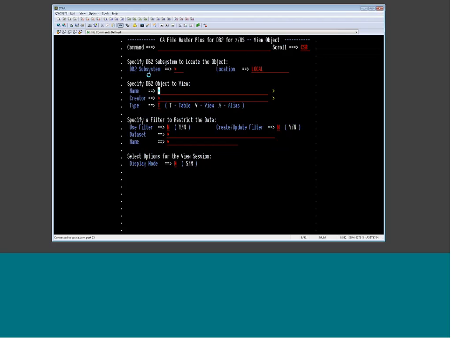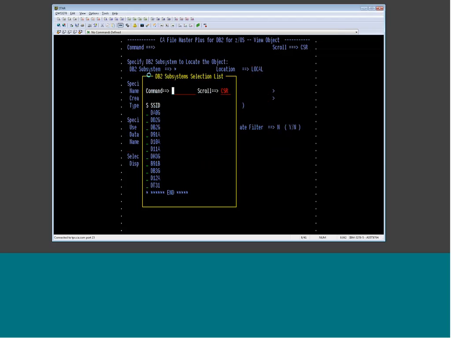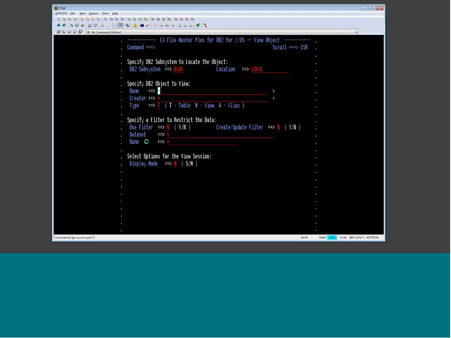So here's what your users would see the first time they come into the ISPF interface. They'll see a lot of wildcarded values, and this is intended to help your users explore the DB2 objects that are at their disposal. I'm just going to hit Enter here, and the first thing we see is the list of subsystems. I'm going to select the subsystem I'm interested in. Now I could hit Enter again, and we would see all of the objects created by all the creators, but rather than do that, I'm going to look at the ones